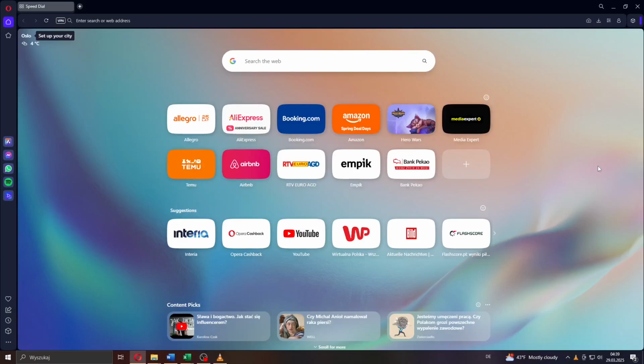In this tutorial video, we're going to reveal to you a possible solution for the Opera web browser lagging issue. So if you have encountered that your Opera web browser has been lagging recently, don't worry because the following trick